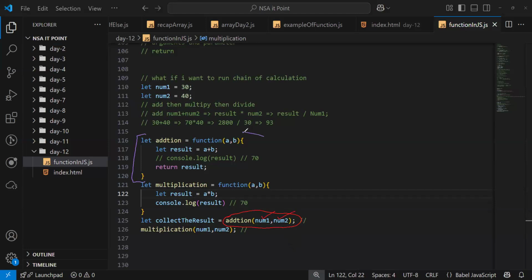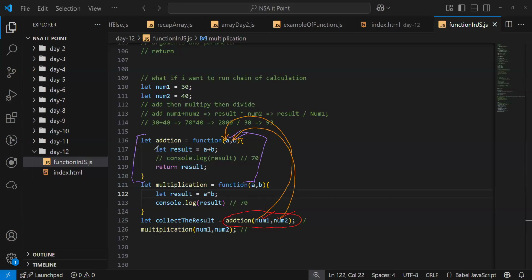Then inside the anonymous function we are collecting a and b, passing the things we passed. Num1 goes to this one, and num2 goes inside this one. Correct.